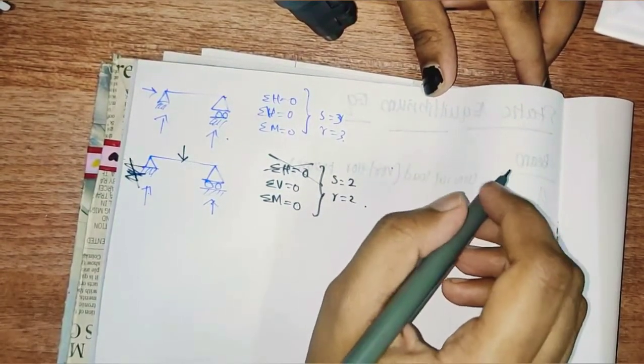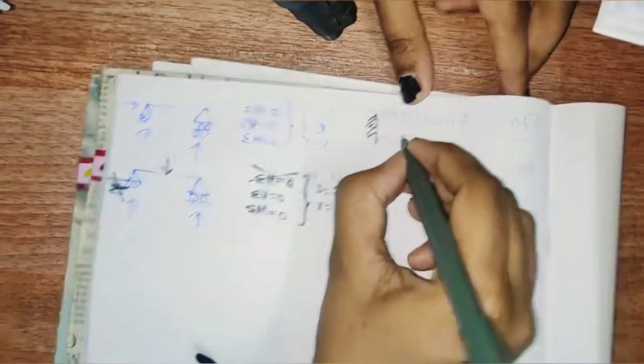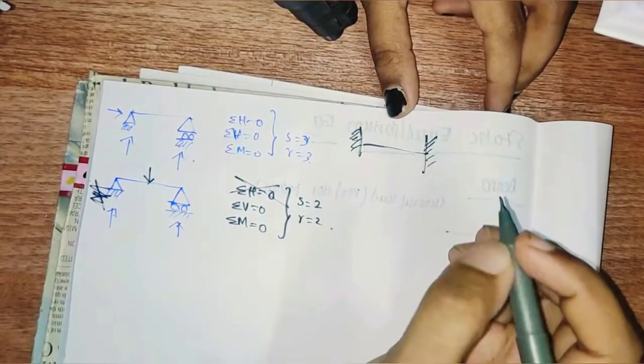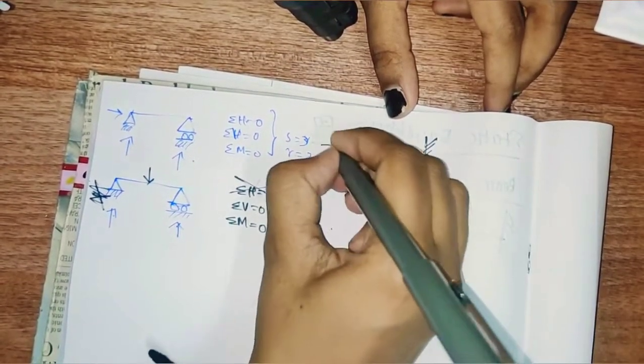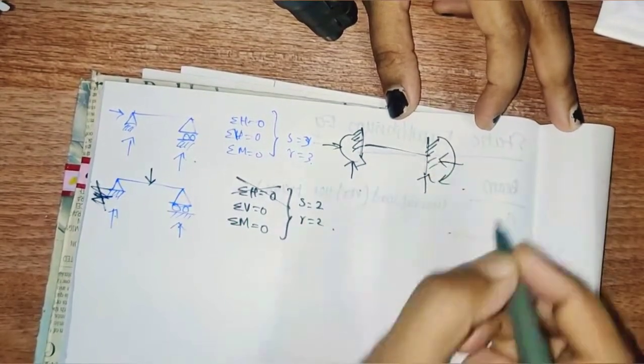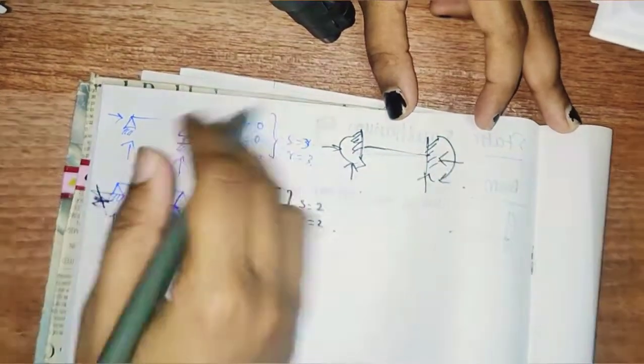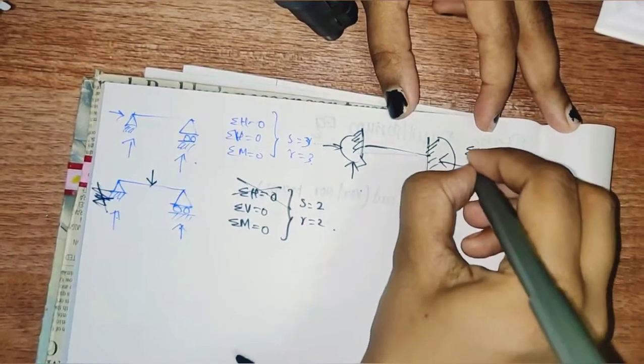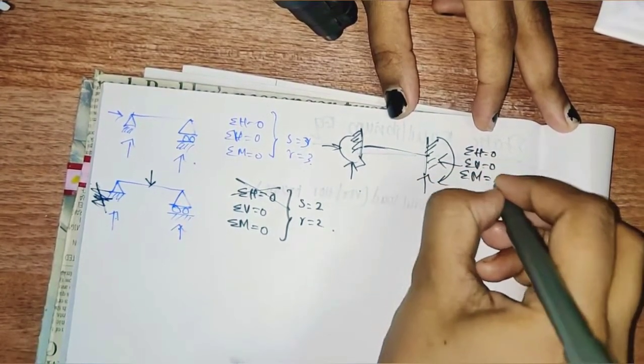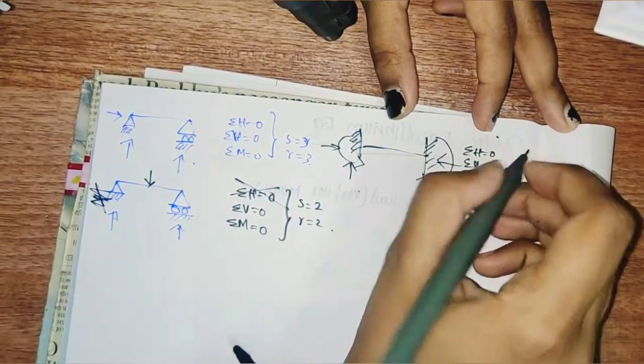Next support we can see is fixed at both ends. Here also it's the same: there is vertical and horizontal. It's very simple, same as before. Summation of H equal to 0, summation of V equal to 0, and summation of M equal to 0. So from this you can say that